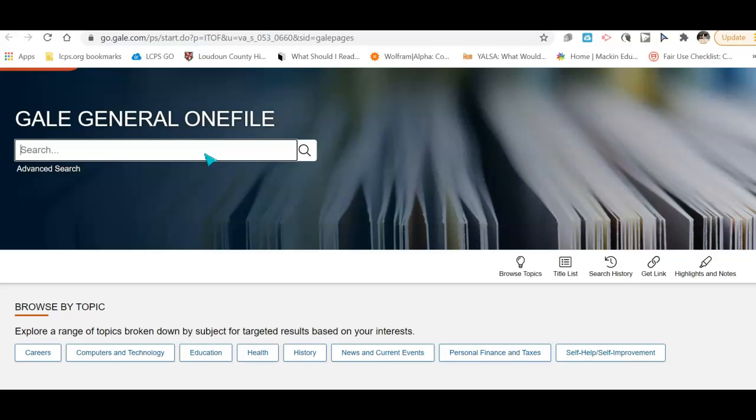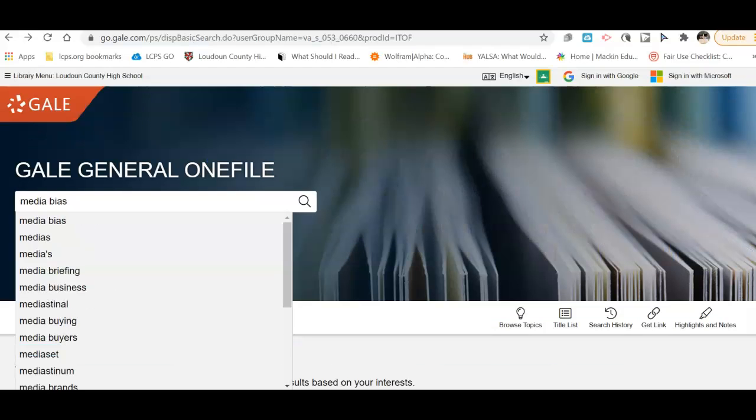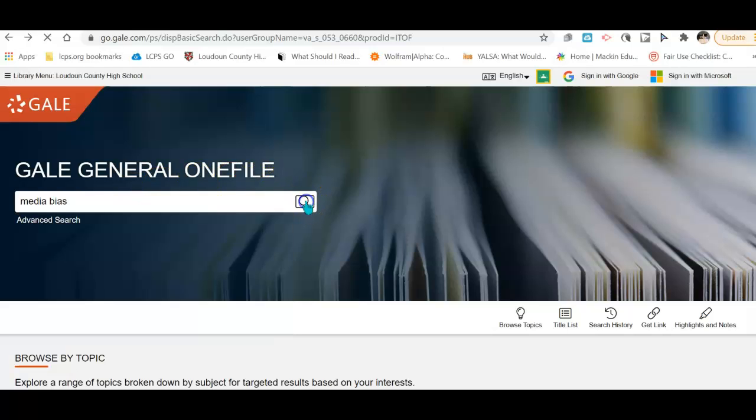So one of the synonyms that I came up with and one of the brainstorm phrases was media bias. So I typed in media bias, and I want you to understand that the databases want you to be successful in your search. As you're typing in, you'll notice the list populates beneath whatever it is that you're typing in. This is a good time to jot down some suggestions for future searches on a piece of paper that you're keeping beside you as you search. So I'm going to click on media bias,